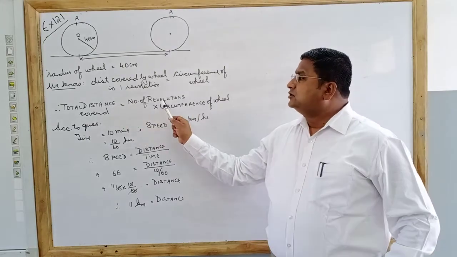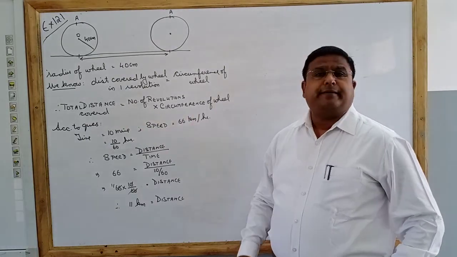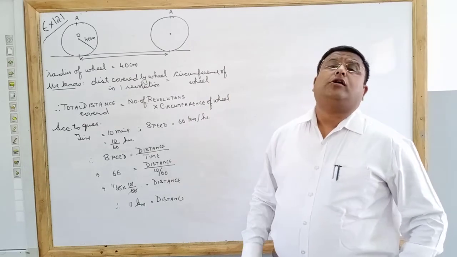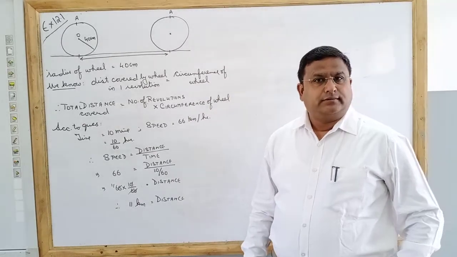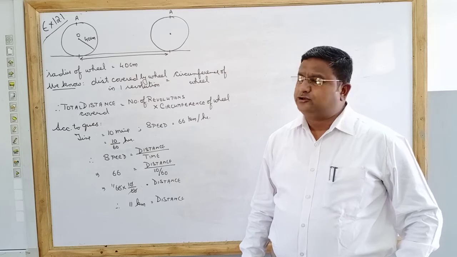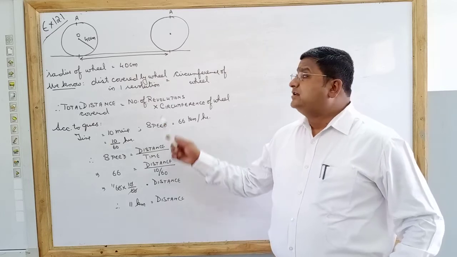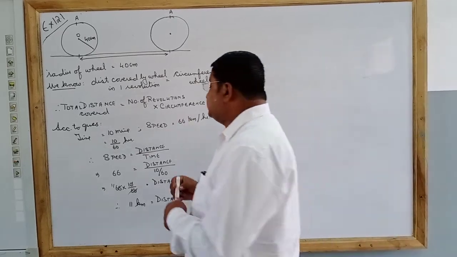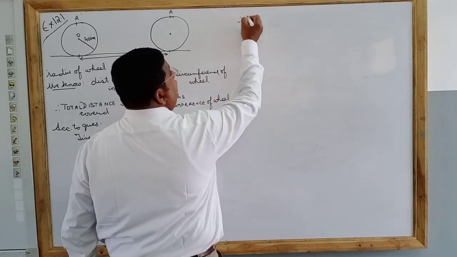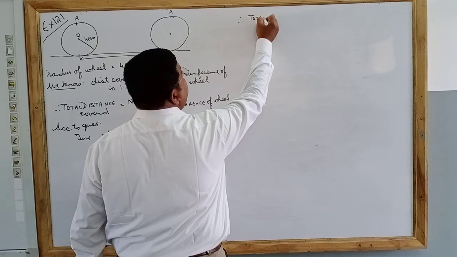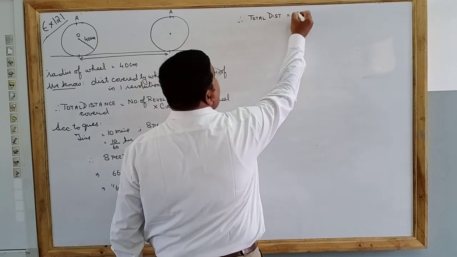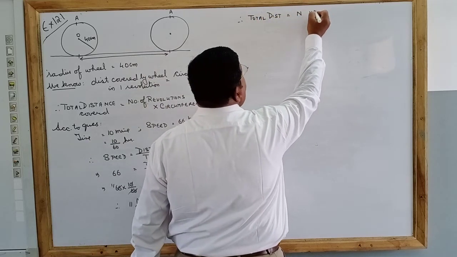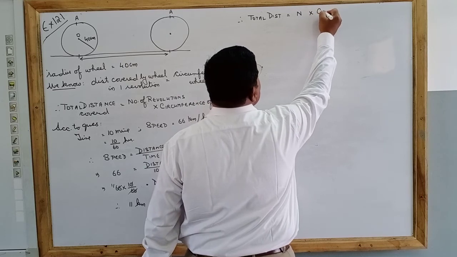Total distance is equal to number of revolutions multiplied by circumference of a wheel. Wheel is in what shape? It is in the shape of a circle. It is not in the form of a square, a rectangle or a parallelogram, it is always in the form of a circle. So that means total distance is equal to number of revolutions multiplied by circumference